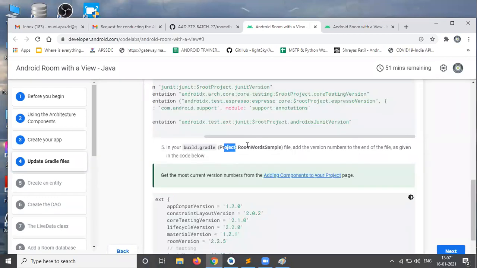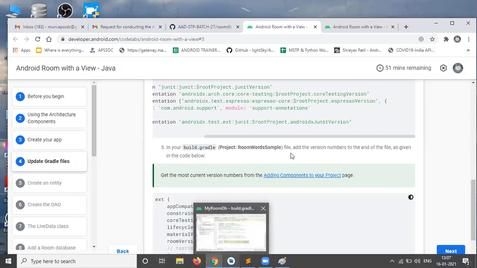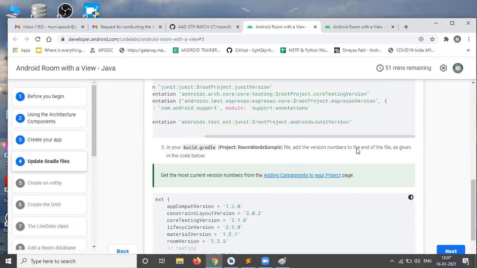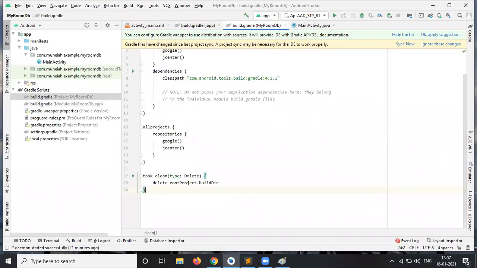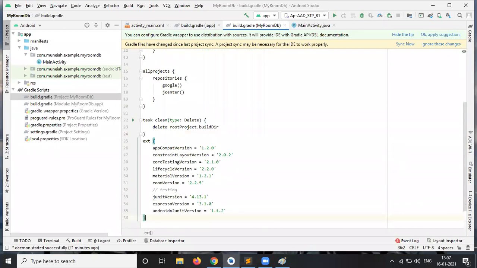In the project level build.gradle, in our Room database project, at the end of the file, we need to add that.